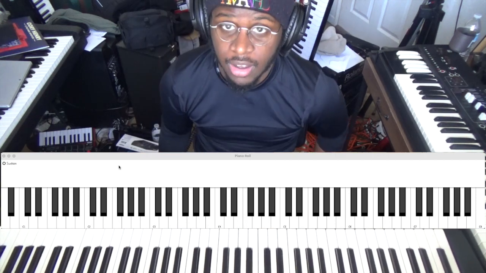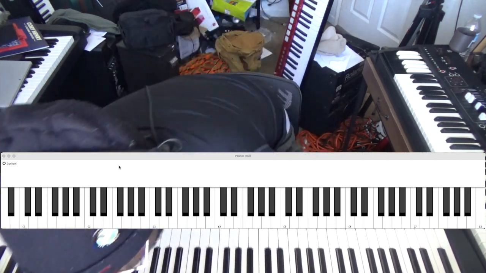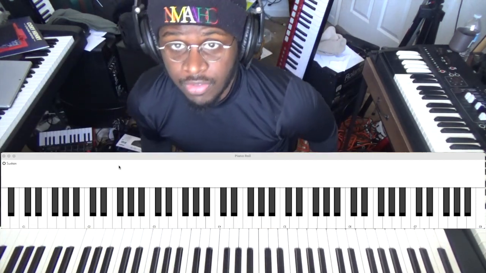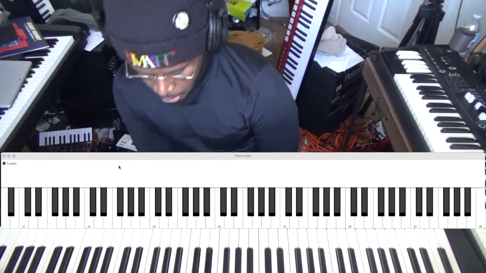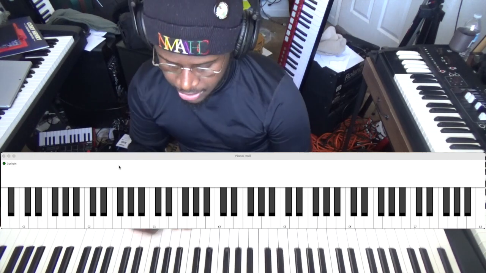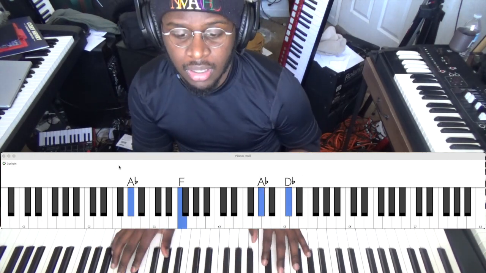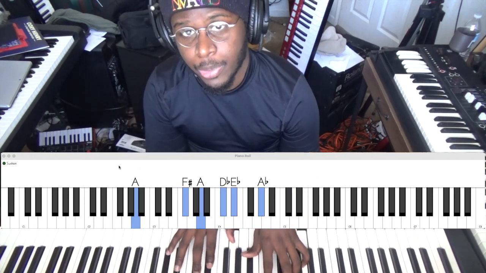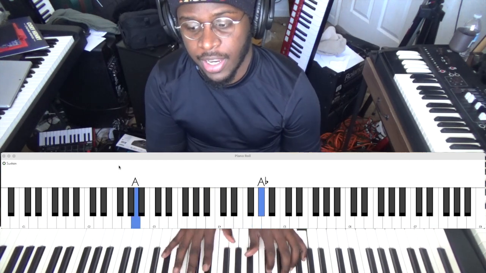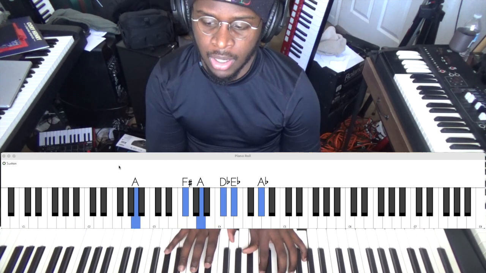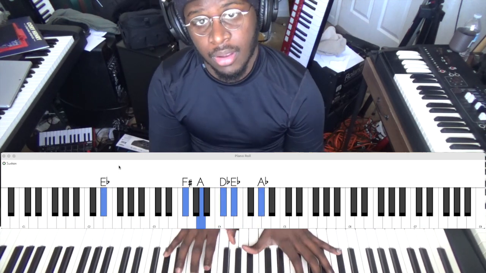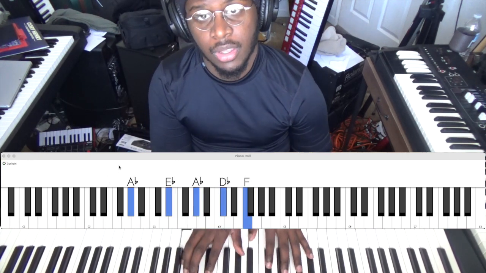So I'm gonna be in the key of D flat. Just fixing my chair here. I'm gonna be in the key of D flat, and let's just go ahead and dive right into it. So most times, if I'm starting off music, I'll start off with something like this, right? This is a typical classic gospel move right here, right? It's kind of like an E half diminished, but you're starting on the A, right? You can do that.